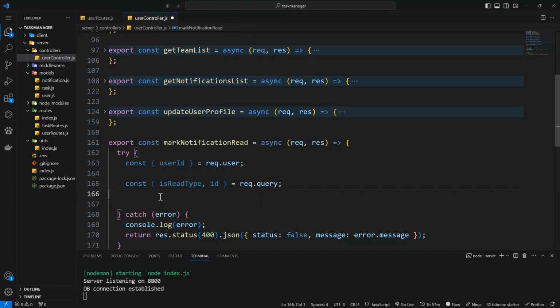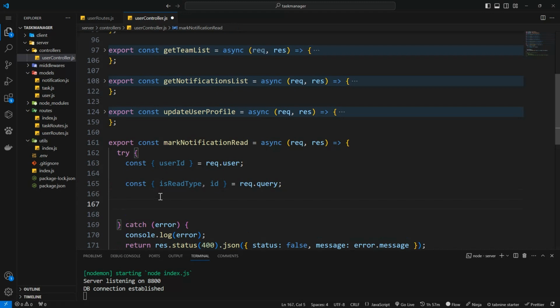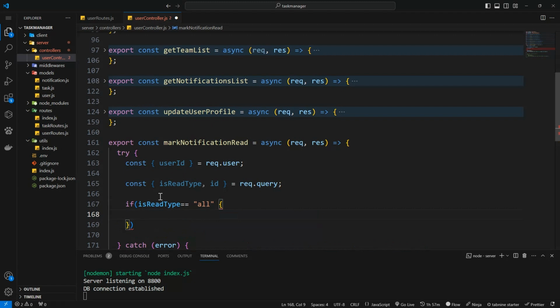Okay, so if its read type is equal to all, meaning that when the user clicks on mark all as read, right? Yes, we want to provide that option so the user can click on mark all as read without clicking one after the other. So when it is all, we just want to await